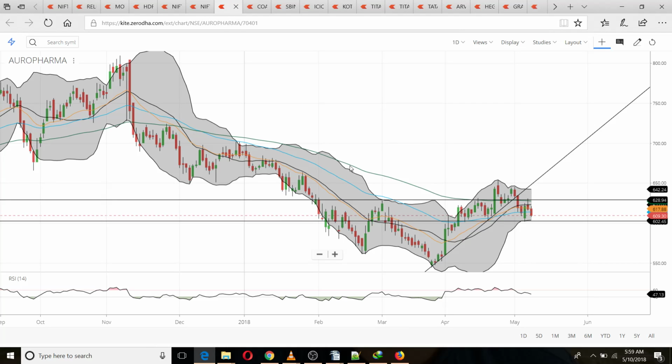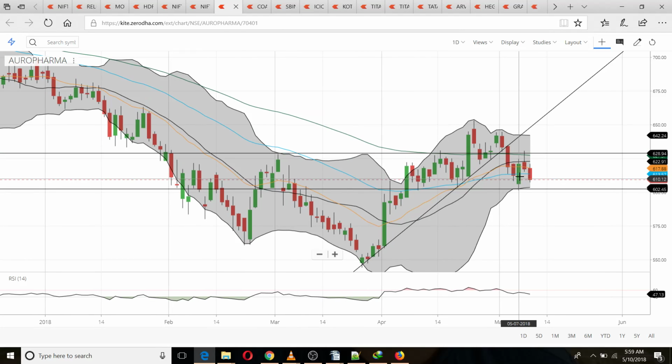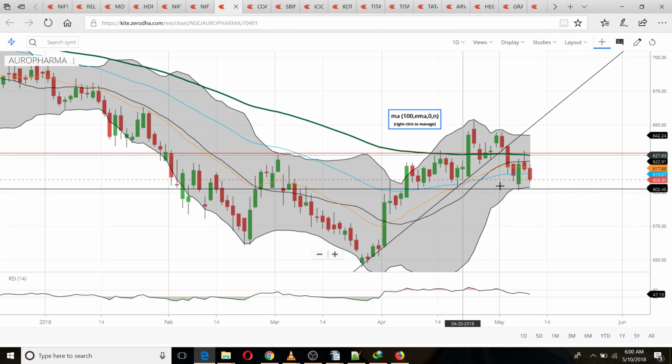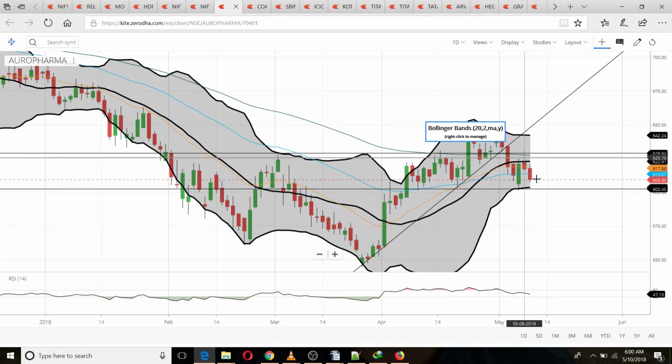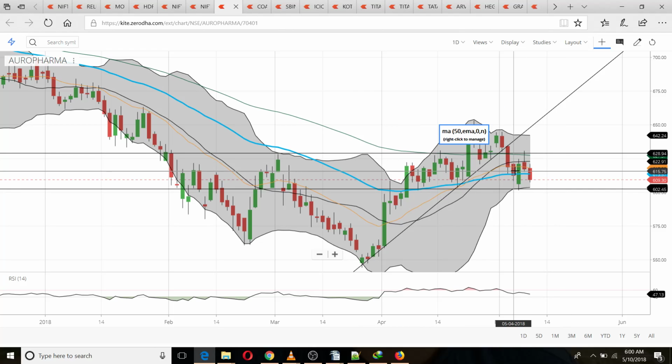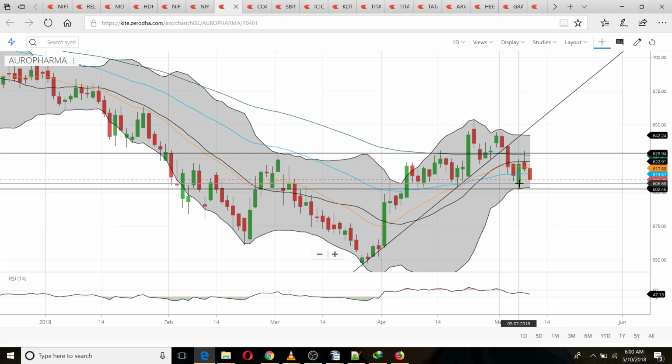And Oro Pharma, the day I gave the short call, actually it went up, but after that it has been going down, and this is where I had drawn this upper horizontal resistance line, and I had told that whatever it does, it will remain in this range, and possibly will not break above this. And this is what currently we are seeing, that this is in this range. But unfortunately, the day I told that let's short it, it went up, so I booked a small profit for myself.